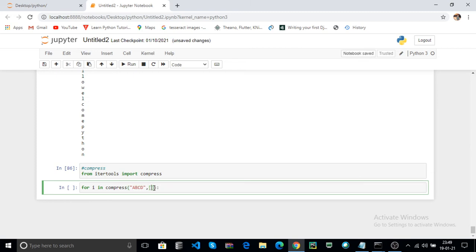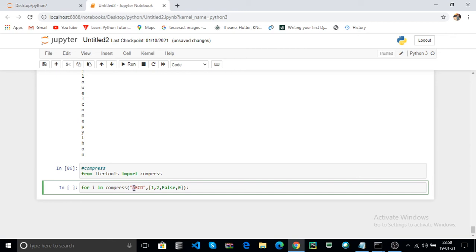The second parameter is a selector list. For example, I pass 1, 2, false, 0. That means it checks whether each selector item is true or not. If the selector item is true, it prints it in the prompt.